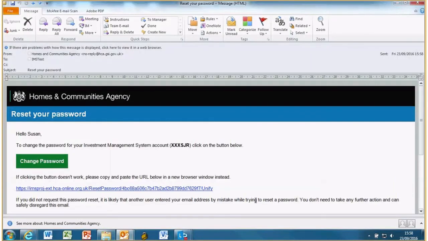Okay, so I'm now in the email, or a similar email to the one that the user would get if they reset their password. First thing to point out is that it's from Homes and Communities Agency, but it's from a no reply inbox. It will have the user's email address underneath. It's addressed to the actual user themselves, and it's identified their username in the brackets at the top of the email. It doesn't show all their username, just the last 3 characters of it. Mine's a staff ID, so it's a different format to yours, has my initials at the end of it. To reset their password, they would click on the Change Password button or the link below. They both have the same effect. So click on the Change Password button,